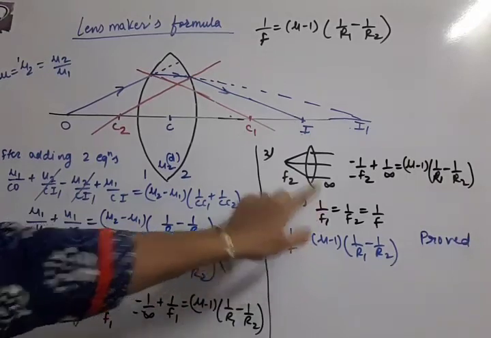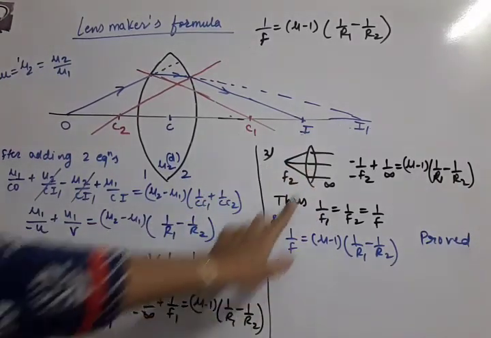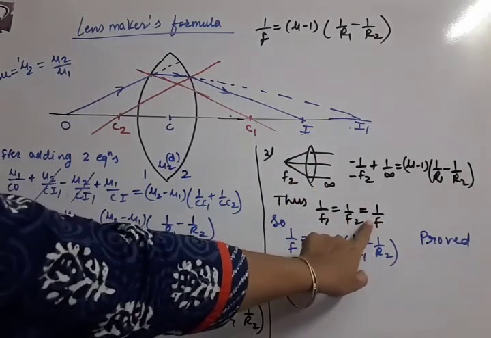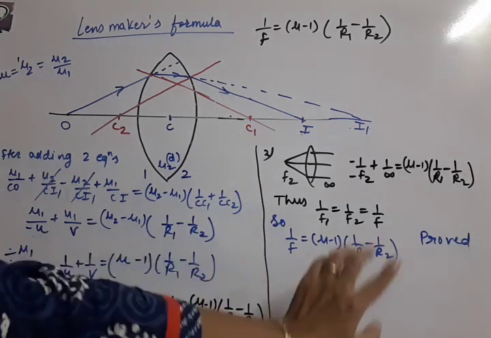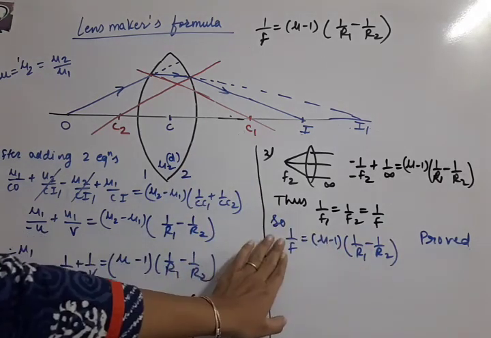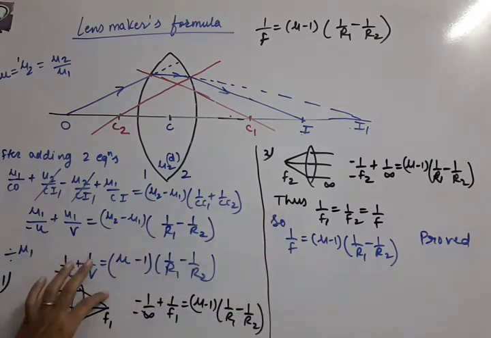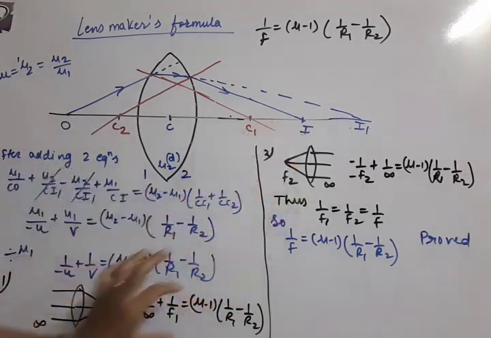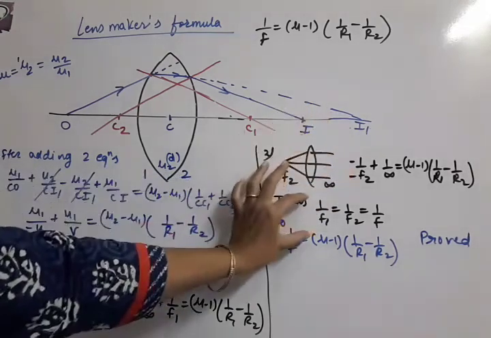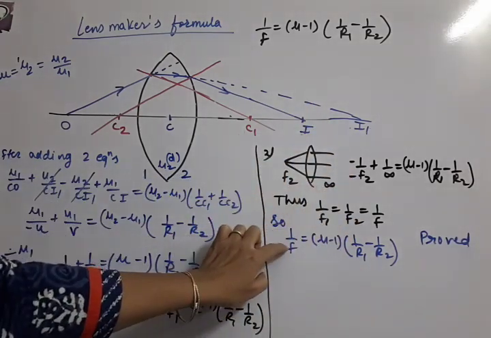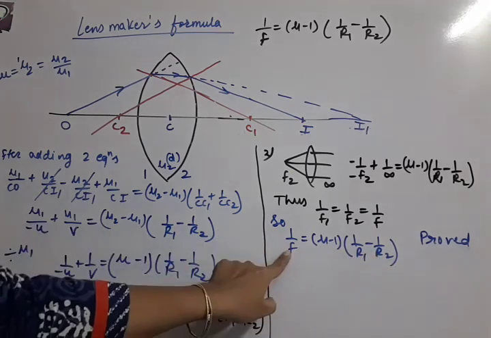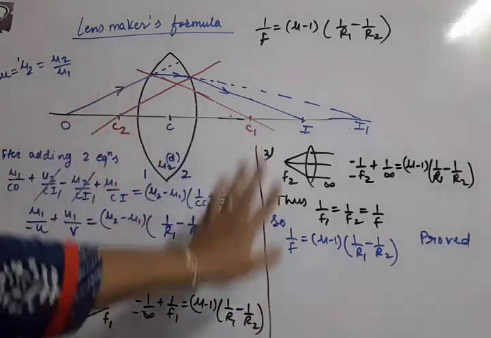So 1 by f1 and 1 by f2, since they are the same, we can call them by a common name now, 1 by f. That's why 1 by f1 you replace by 1 by f and the right side is the same. So this way we don't have to reach it directly. We have to take these two steps. So 1 by f1 and 1 by f2 we will apply, and this way we will get the final answer. So finally this equation which is obtained is called Lensmaker's formula. So this is the proof.